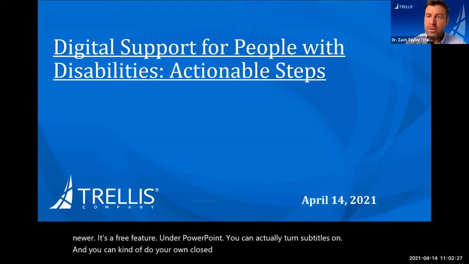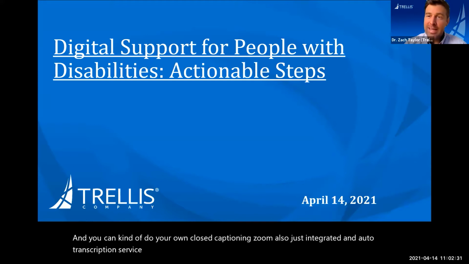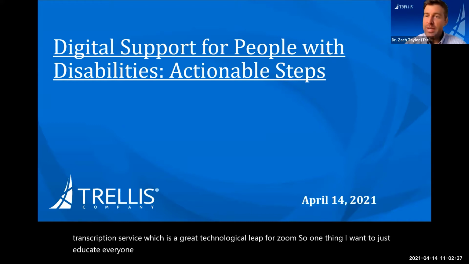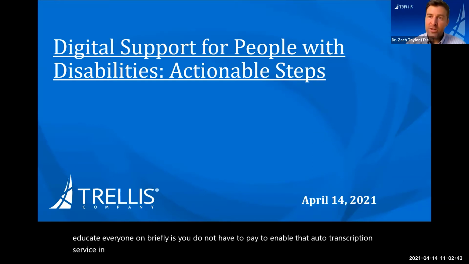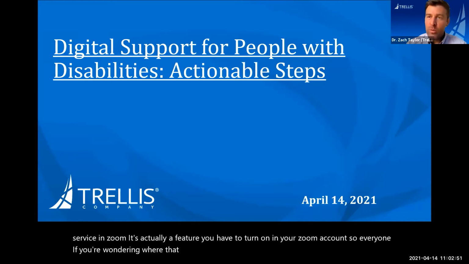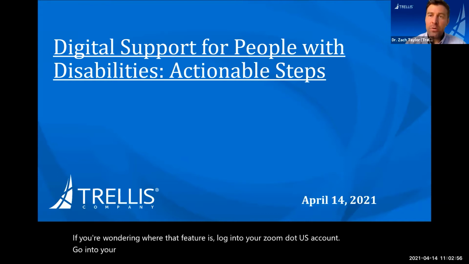Zoom also just integrated an auto transcription service, which is a great technological leap for Zoom. One thing I want to educate everyone on briefly is you do not have to pay to enable that auto transcription service in Zoom. It's a feature you have to turn on in your Zoom account. If you're wondering where that feature is, log into your zoom.us account, go into your settings and enable auto transcription.